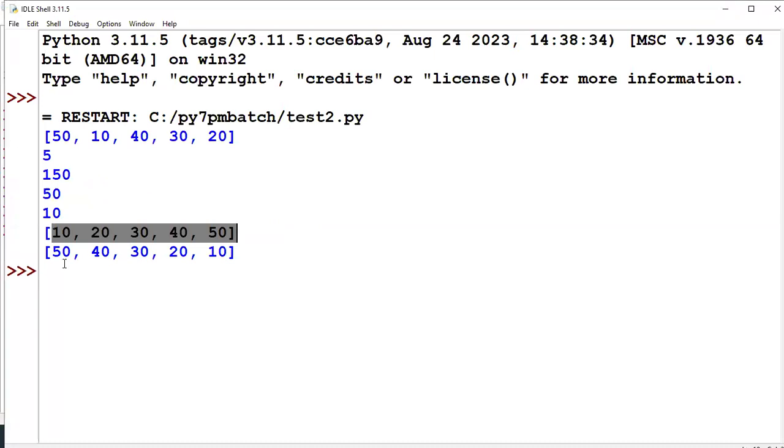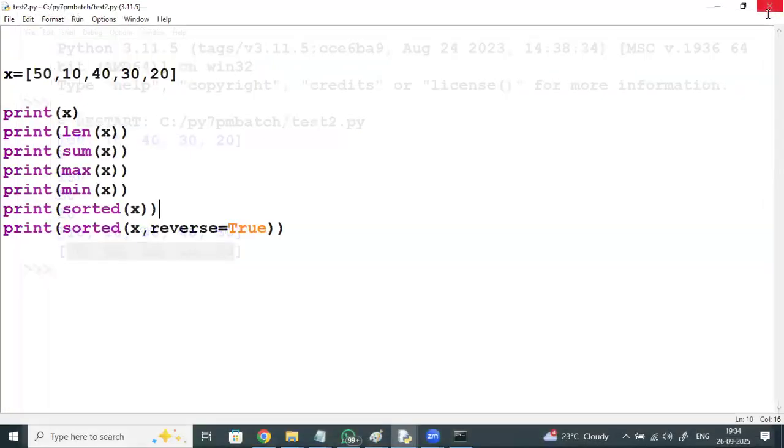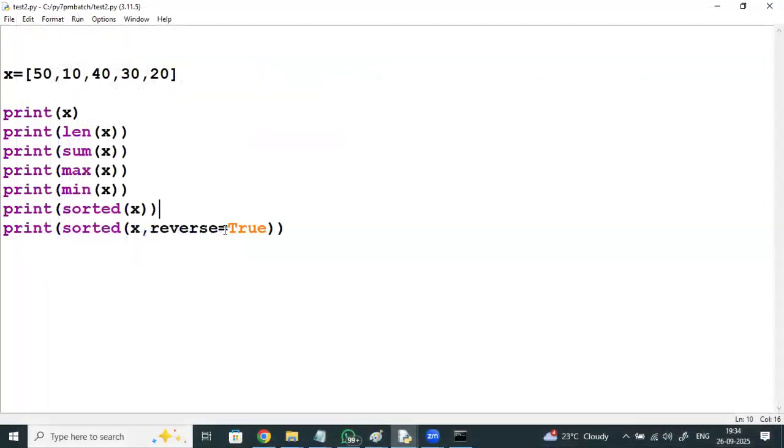This is in ascending, this is in descending, right? This in ascending order you got, this you got in descending order. If you reverse the ascending, you will get descending.